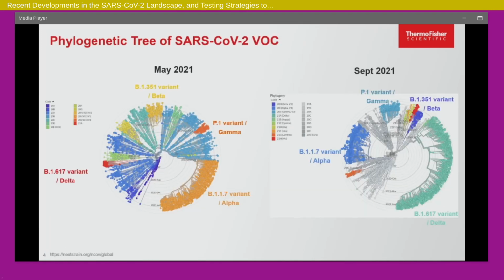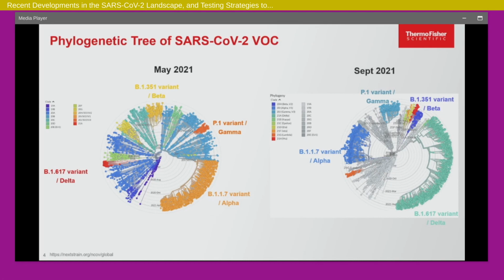Now this is a slide that I actually worked on yesterday night. This is from May of 2021. You can see the phylogenetic tree of the virus. At the time, a lot of it was the alpha variant, which you can see in orange down there. You had a little bit of the beta variant. I like to go alpha, beta, gamma, delta. The beta variant was the one from South Africa, and then you have the P1 gamma variant from Brazil. You can see the proportions. And then you had a little bit cropping up in India at the time, which was B.1.617, the delta variant. And this is September of 2021.